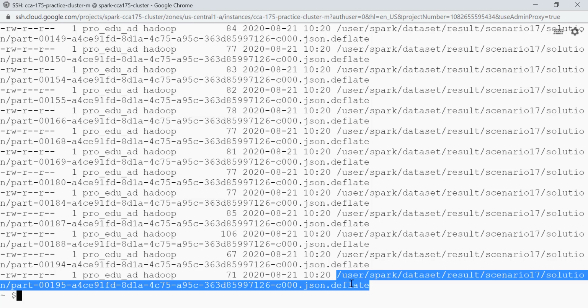So we are done. In this problem statement, we have learned how to read CSV data as a data frame in Spark. Then we have learned how to apply a join operation on top of multiple data frames. And then we have applied some aggregate functions to calculate min, max and average values based on a certain column. And finally, we have saved our data in JSON file format using deflate compression.